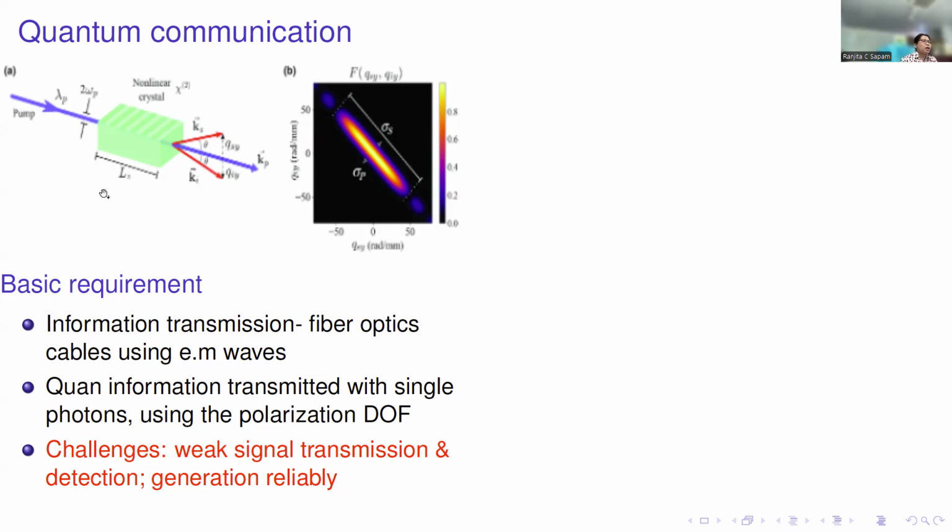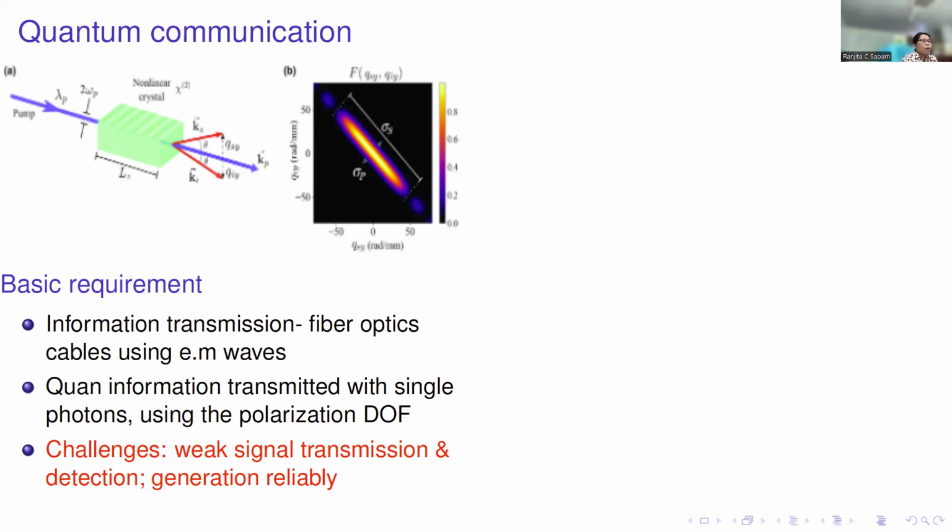As you can see in the picture here, I send a pump light into a non-linear crystal, and you can see the blue light generate two daughter red photons. What I'm showing here is that when I shine laser light into a non-linear crystal, it can produce an entangled photon pair. The two red photons coming out of the crystal are an entangled photon pair. Through second harmonic generation, destroying a photon and creating two photons, this is an easy way of generating entangled photon pairs in the lab.